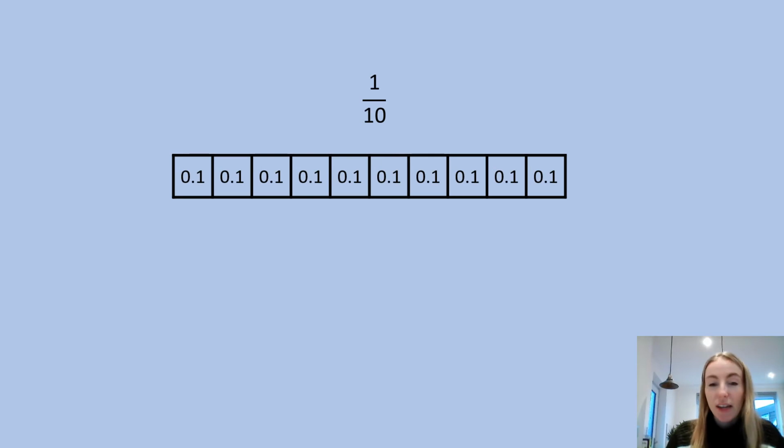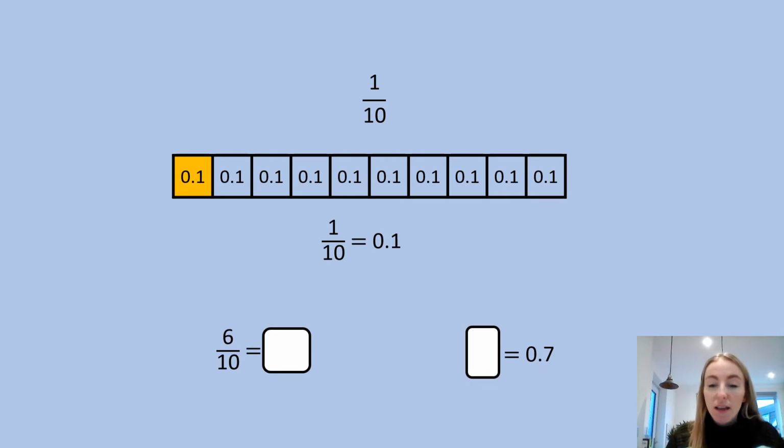So as you can see, exactly what I've just said. If I had a whole, I split it into 10 equal parts. If I'm looking at 1/10, I'm looking at 1 of those parts, which is 0.1. So what do you think 6/10 would be? Yeah, I could either do 0.1 times 6 or add 6 lots of 0.1. So it's quite simply